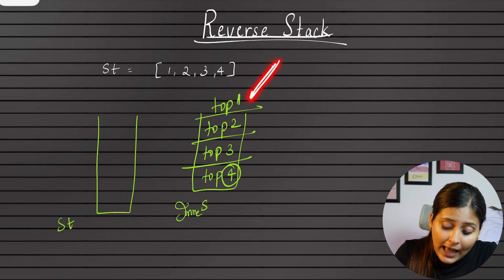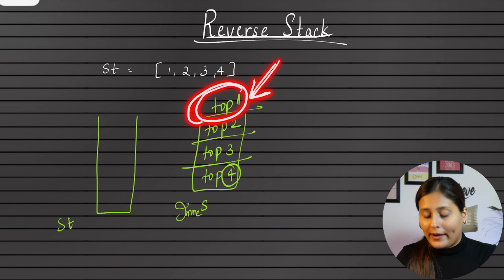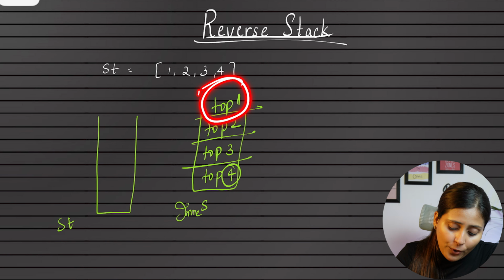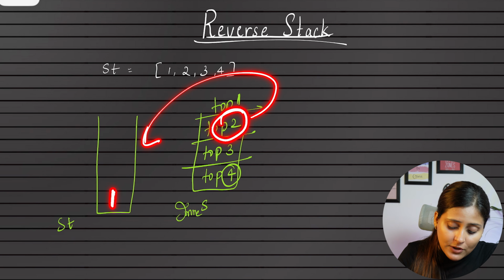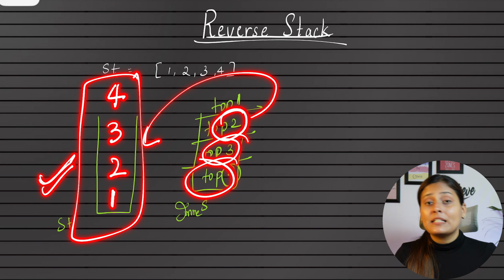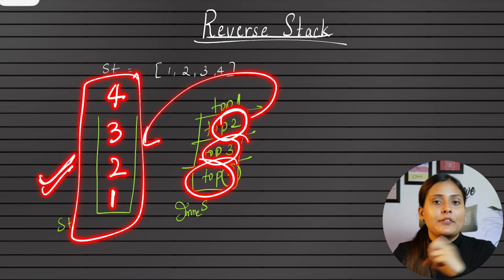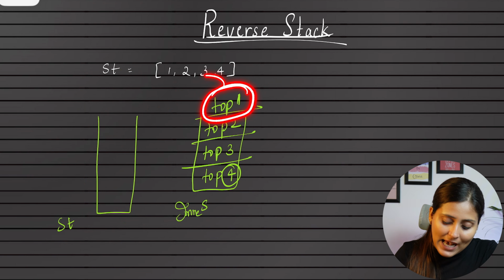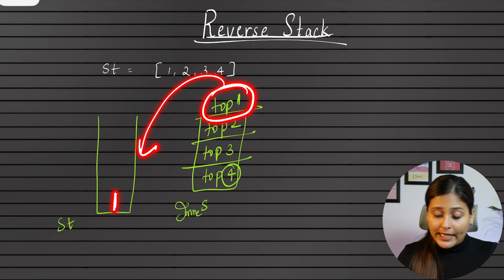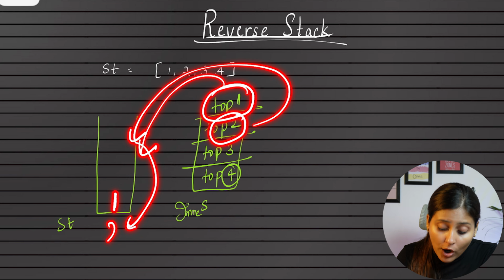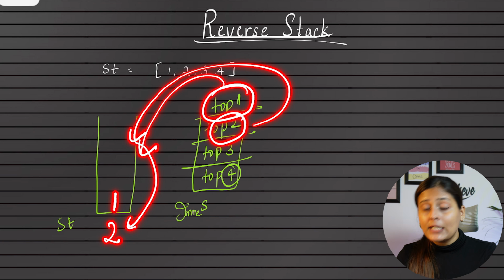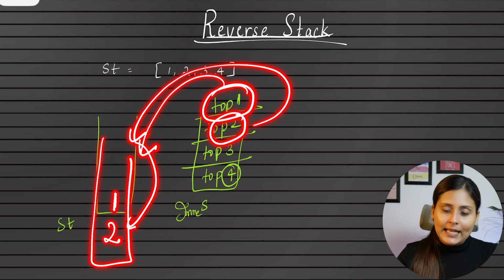Definitely we have access to the topmost element and not to the 4. So when we push this 4 here, it is correct. But when 2 comes, and after it we push 1, and then 3, and then 4, though we have generated the same stack format, we have not reversed it. How can we actually reverse it? When the first top has come, we have inserted it, which is correct. But now when 2 has come, 2 is supposed to be inserted at the bottom of the stack. When we insert it at the bottom, I can say it has been reversed.